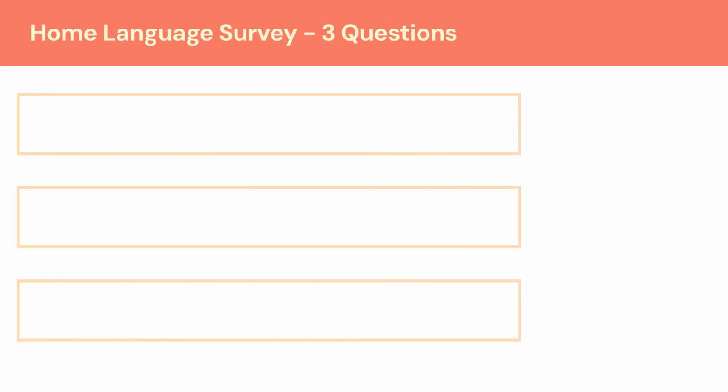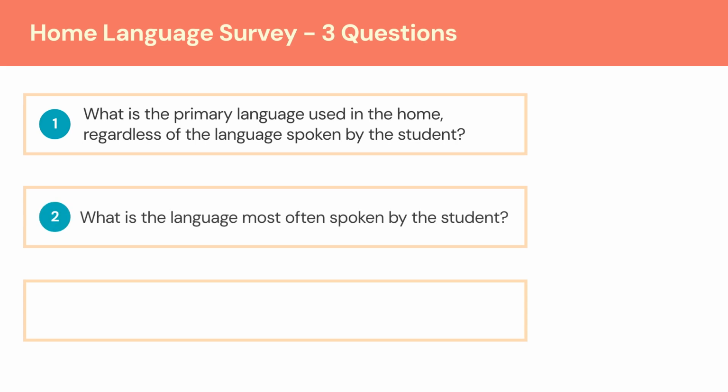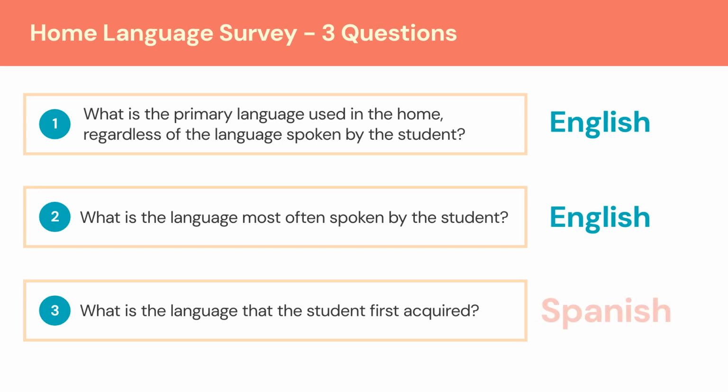There are 3 questions on the home language survey. What is the primary language used in the home, regardless of the language spoken by the student? What is the language most often spoken by the student? What is the language that the student first acquired? If a family answers any of the 3 questions with a language other than English, this flags them immediately as